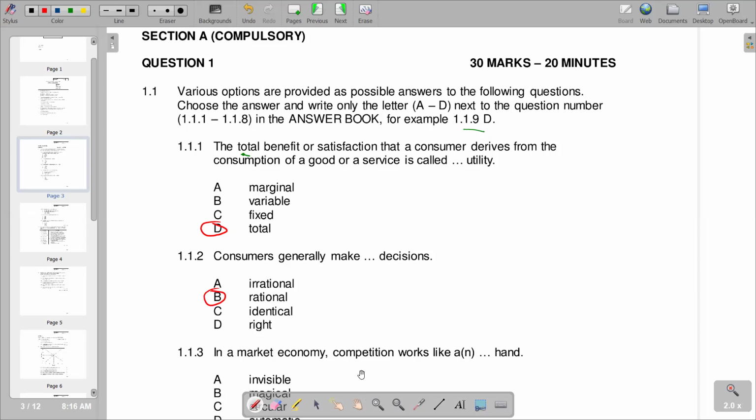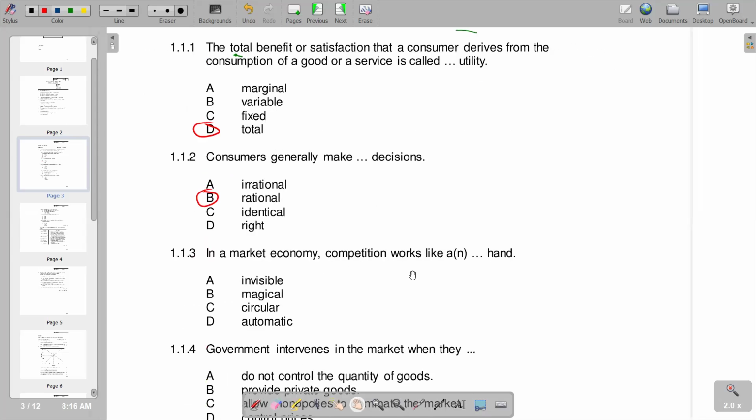And then we have 1.1.3, which says in a market economy, competition works like an invisible dash. So we know that in a market economy, there is no government intervention. So competition works like an invisible hand. So invisible hand, we are talking about an unseen force